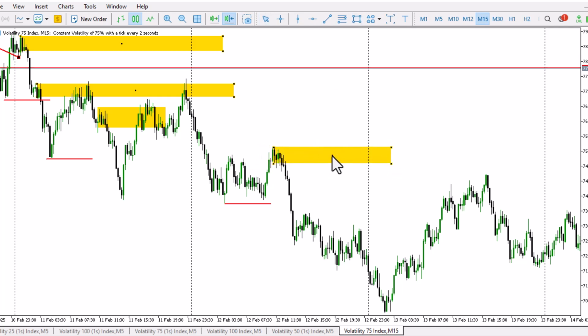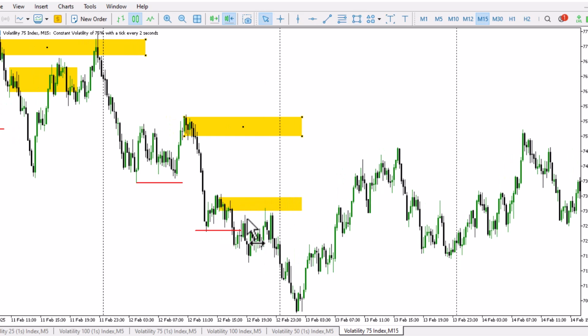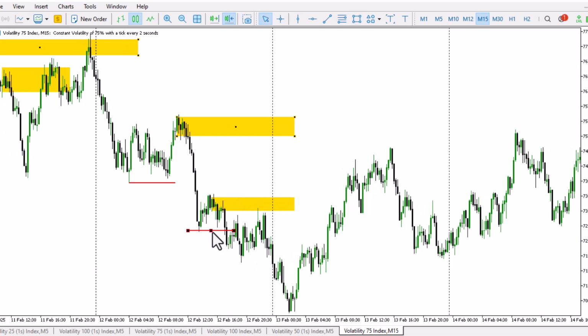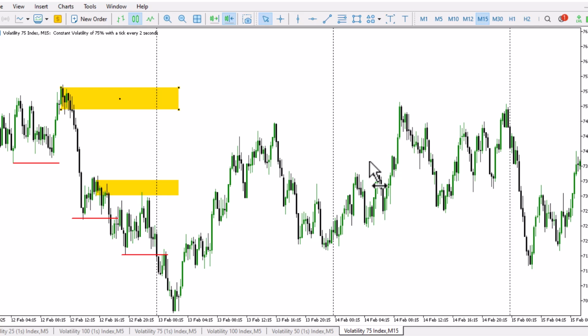So this is an order block that you can clearly see, right? And after that, what do we have? Another break, and after every break, you mark an order block. So we have an order block, this green candle right here. And after another break, what do you do? You continue marking your order blocks, right? After marking your order blocks, what you need to understand then is how you are going to be entering those